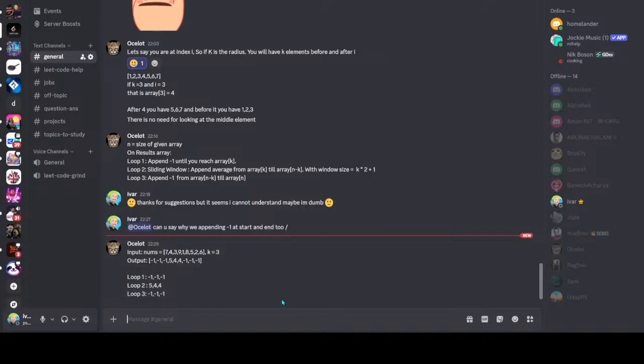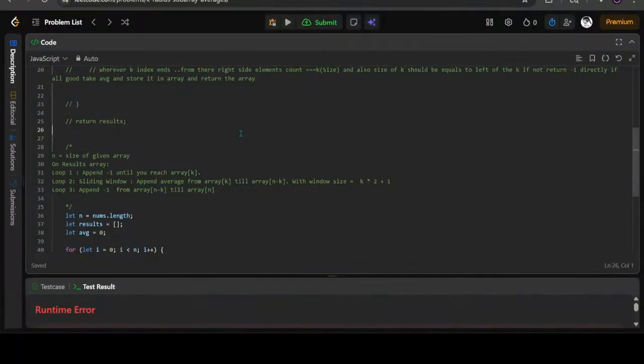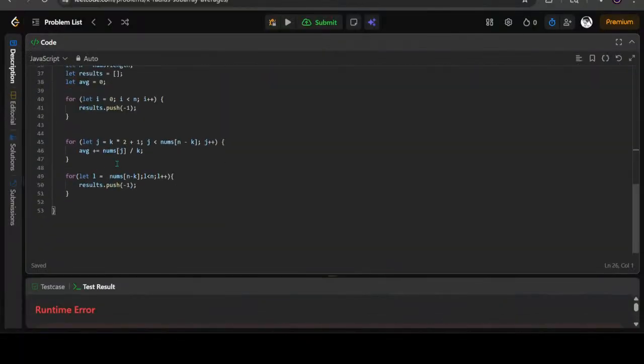Loop 1 will be minus 1, minus 1, minus 1, and loop 2 will be 5, 4, 4. So this is proper, right? Let me return the average, then let me see what that is. But I think we need to push the average also. But if I push my average, then it will go after. What will happen first is this thing will happen, and